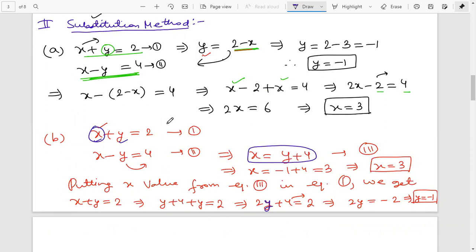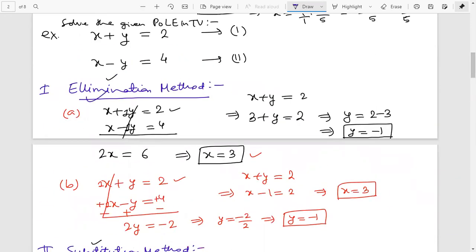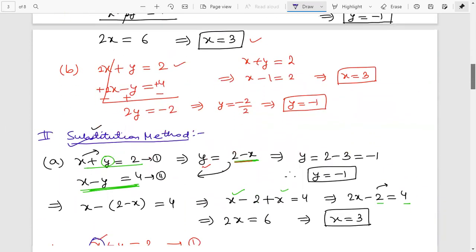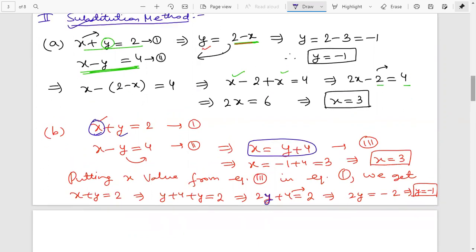So these were simple equations, but based on the equation, the same method we can do for all the cases. And once again I'm repeating, we'll see it in detail when we study the exercises one by one. In the book we have one exercise on the substitution method, one exercise complete on the elimination method, one exercise on the third method, which we'll see just now. So separate exercises are there in detail. This is only a review of those methods, so that when we solve those exercises, we can save time, because we know the basics.